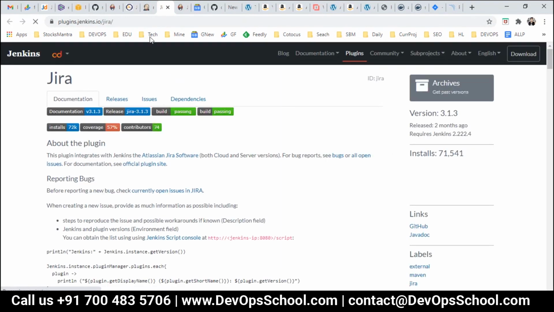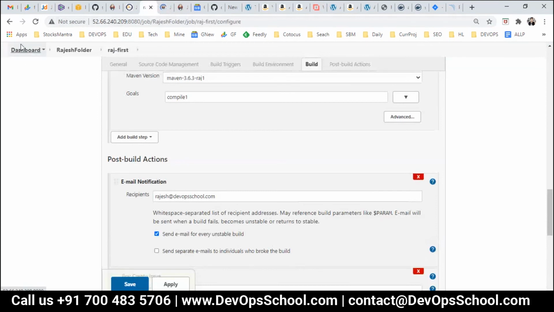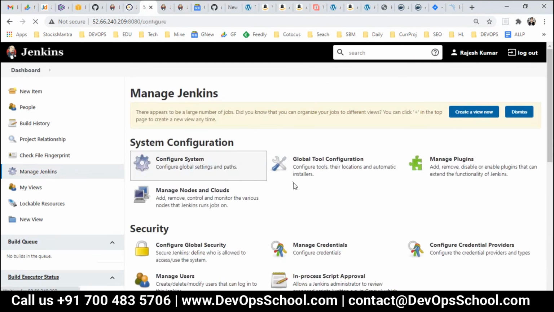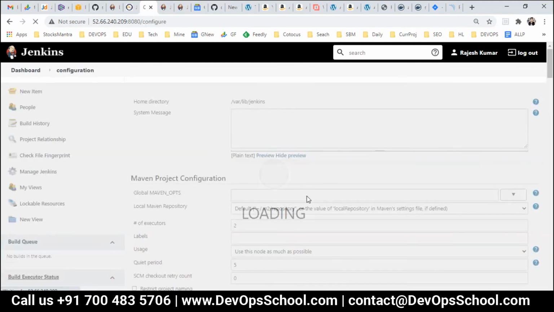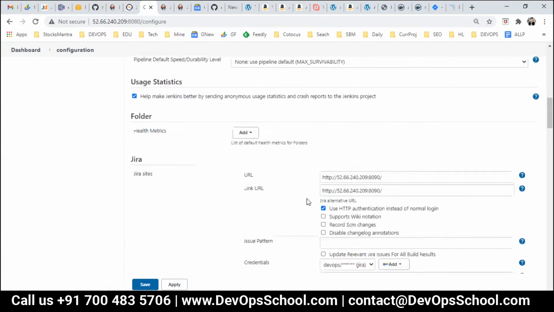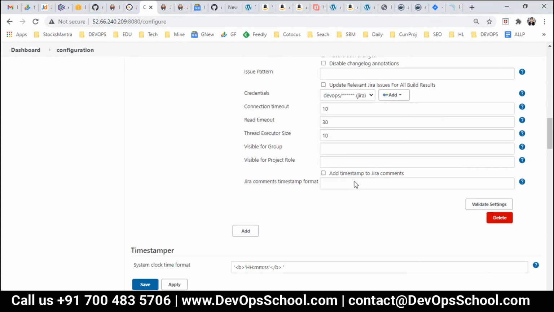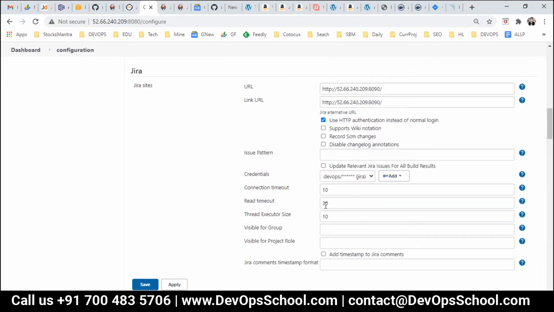Let me check the plugin one more time in the configuration sections. Okay, last check. Manage configuration. I'm validating one more time. So go to the Jira. Here, this is okay. This is okay. Validate settings success. So from here, there's no error.